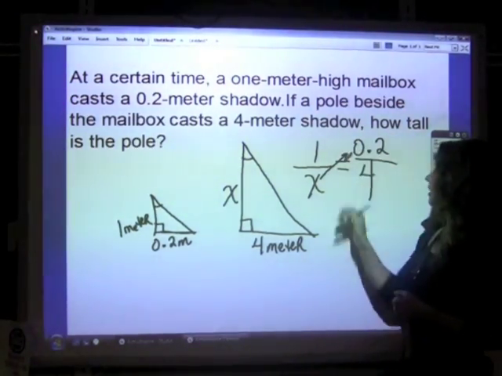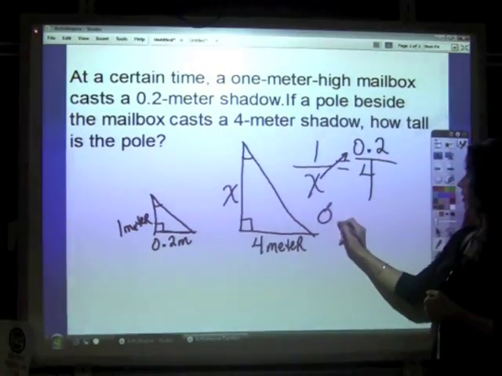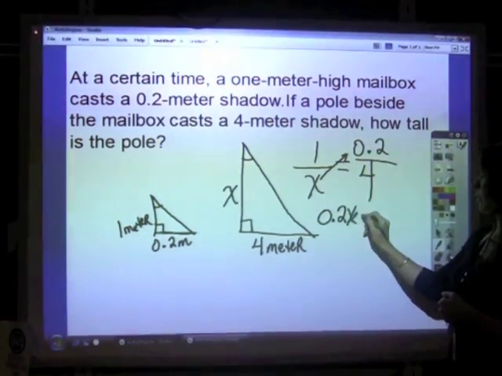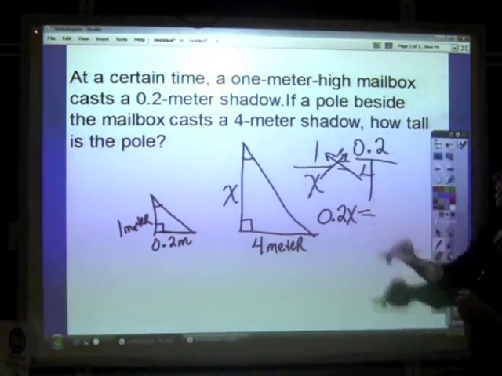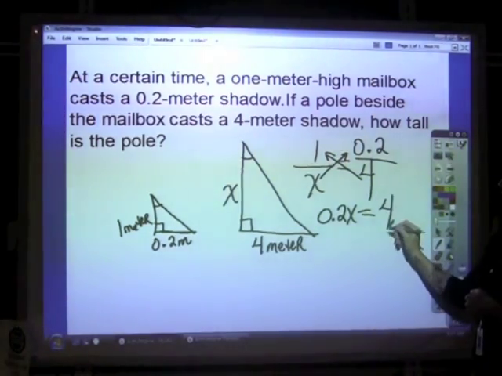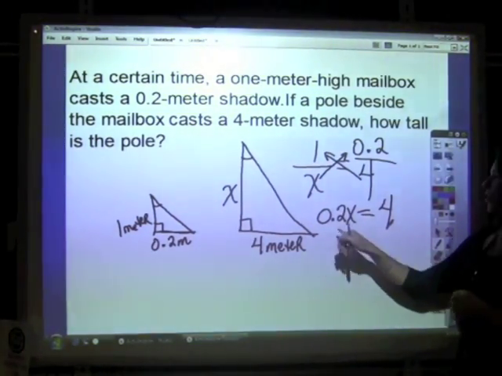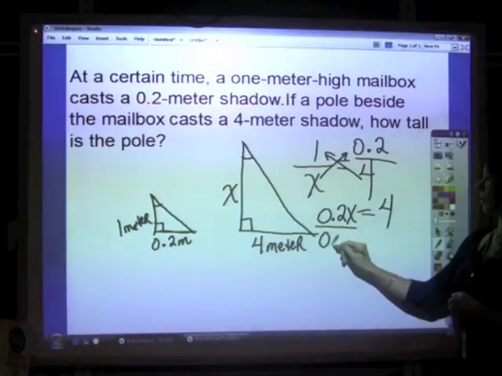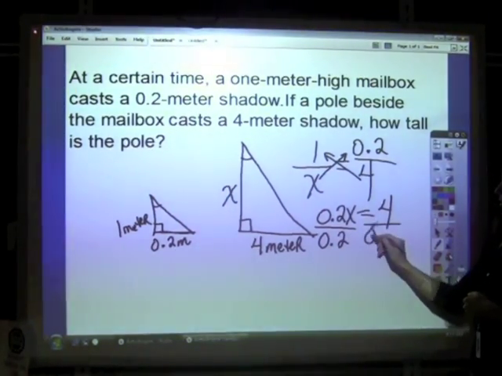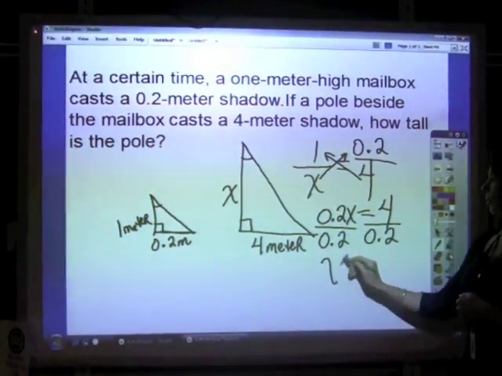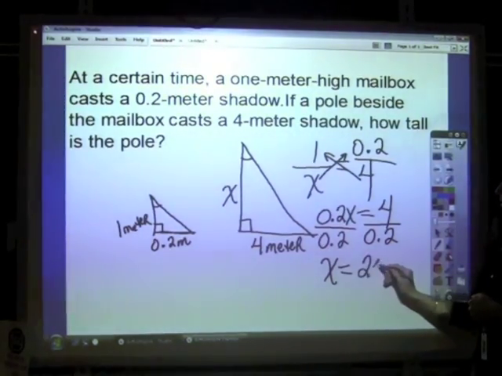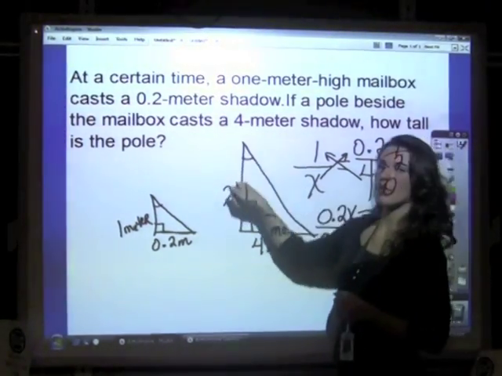So we have x times 0.2 is 0.2x, and we have 1 times 4, which is 4. And in order to solve for x, just divide. And we'll find that x is 20. So the height of this pole